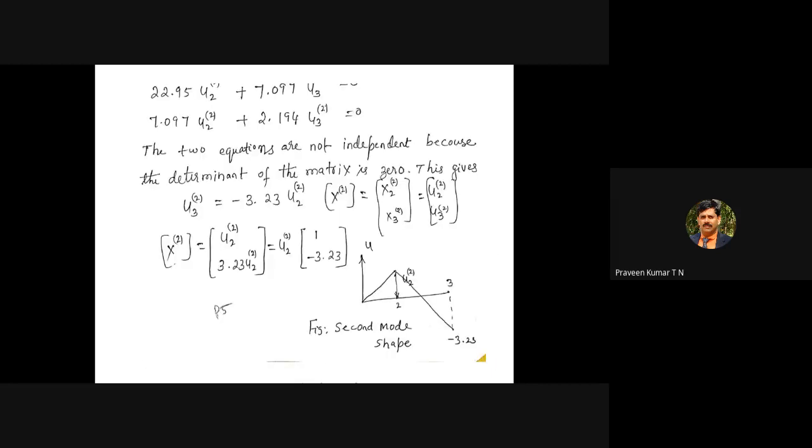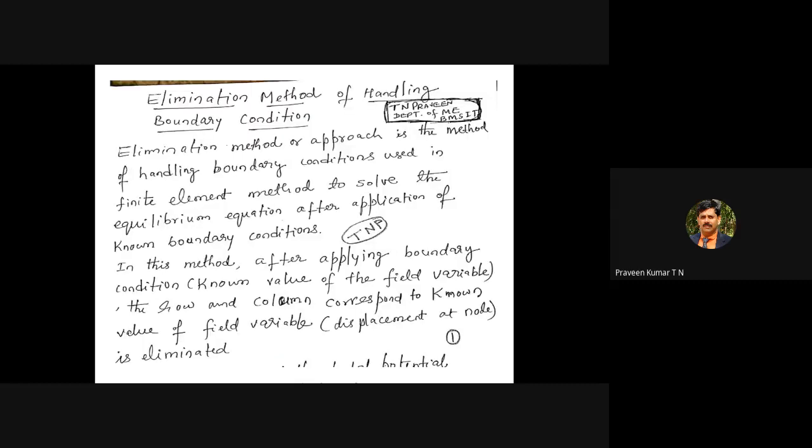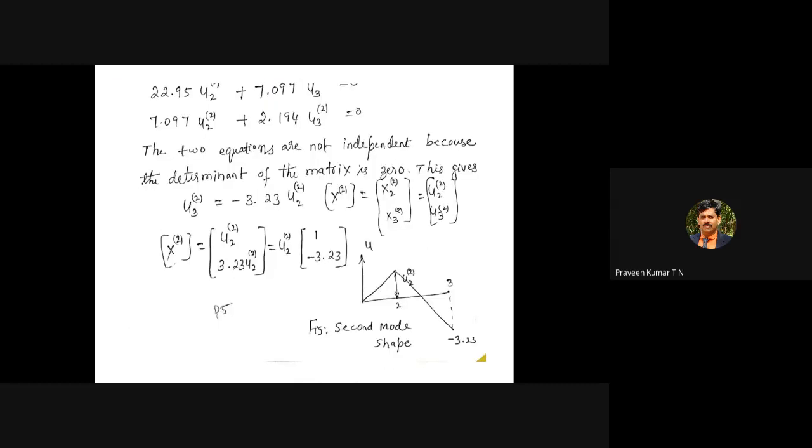And in the second mode, the bar flexes, so it moves up and down. Node 2 tries to move in the upward direction, and node 3 tries to move in the downward direction. That is the second mode of vibration. So finally, we get the equation. Those things we are imagining. When node 2 is moved by 1 mm, 1 unit distance, node 3 is moved by, those things we'll discuss in detail. I don't want to confuse you.